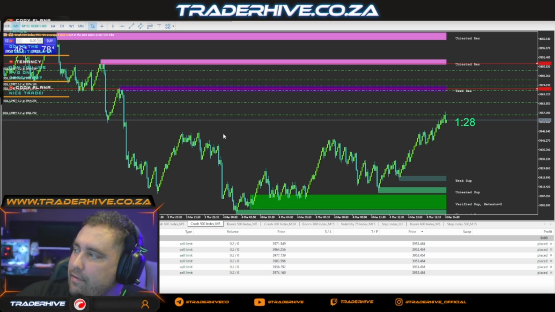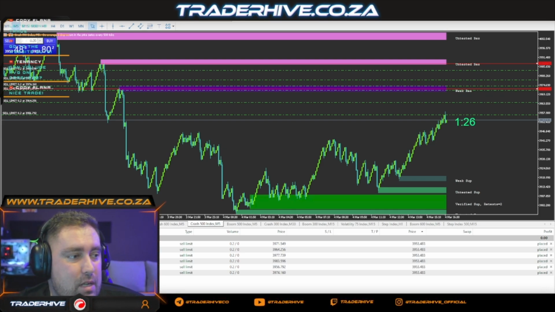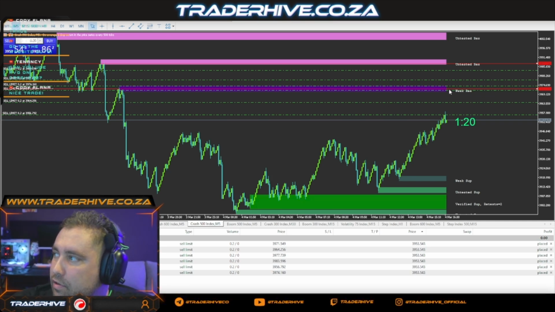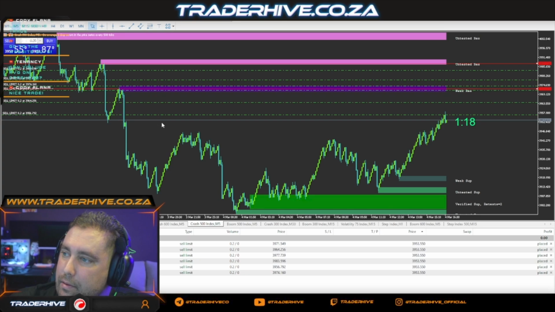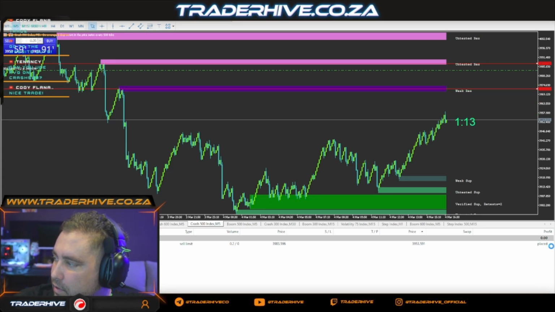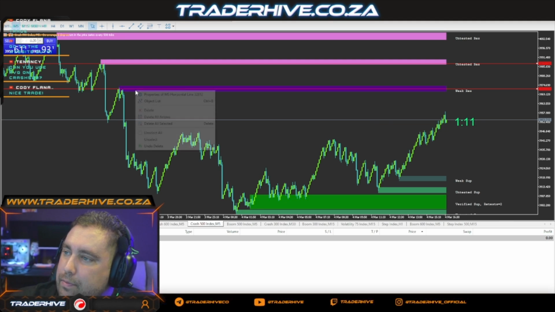But when we're talking about fair value gaps, we're talking about liquidity zones and areas, we're talking about using this area as our advantage. So if we want to trade this, let me actually just remove all of these trades out here so we can plot out something for you. So if you want to place a trade here,